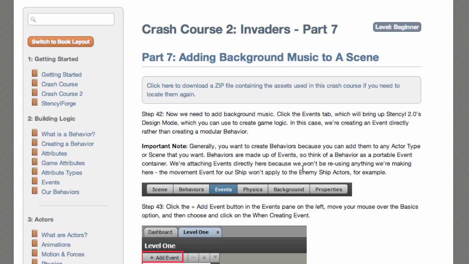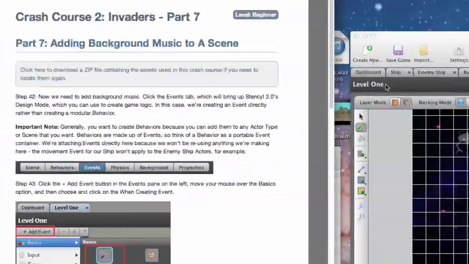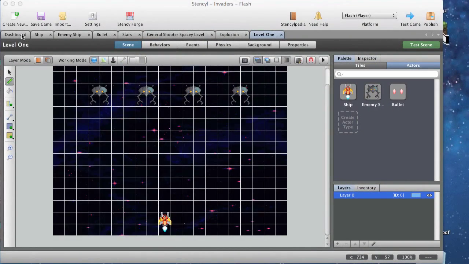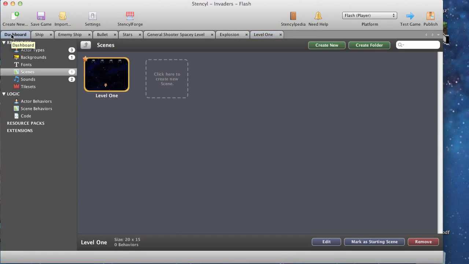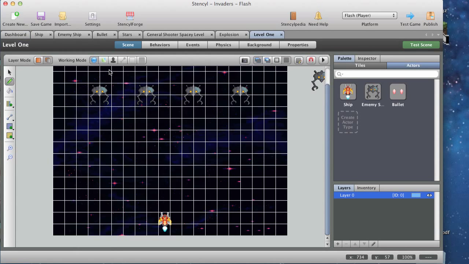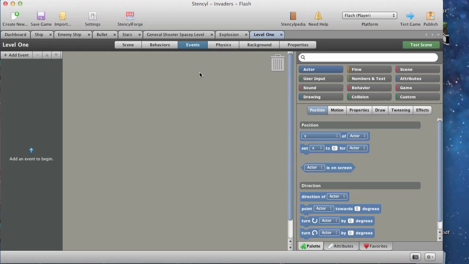Now we need to add background music. Click on the Events tab, which will bring up Stencyl's design mode. Hang on a sec. Click on the Events tab. Events. Ah, in the scene. There. Right, so